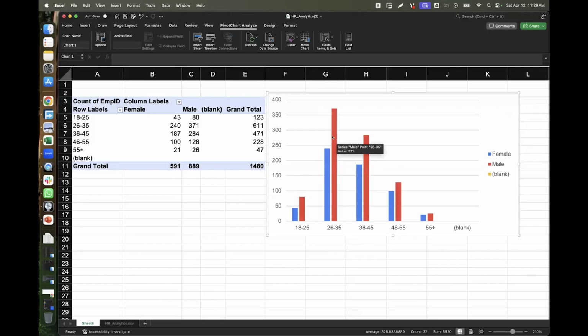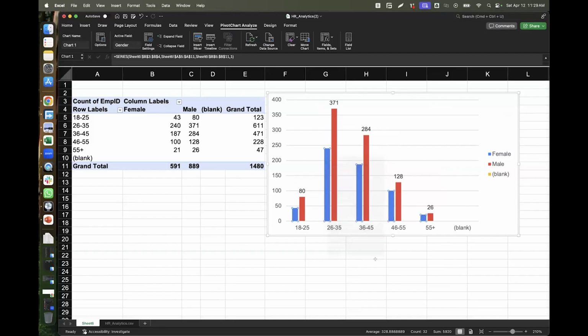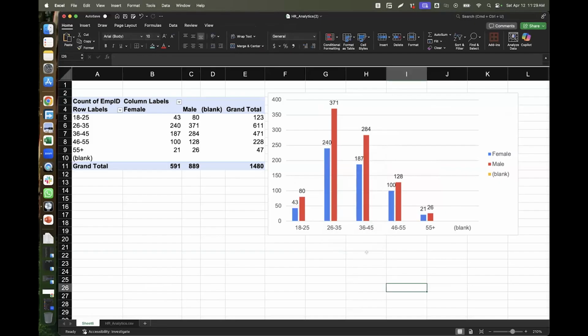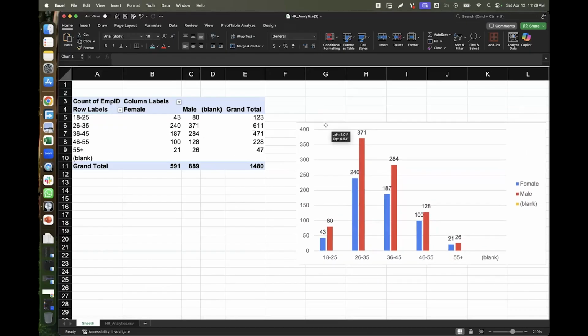And again, if I want these numbers to show on top of this column, just to make it more visible, all I need to do is come here and say add data label, right click, and say add data label. And you can see that it's adding a data label to each and every one. So you can see that if I want to present data, I shouldn't even be presenting these numbers to them in this table. I should be presenting it this visual way.